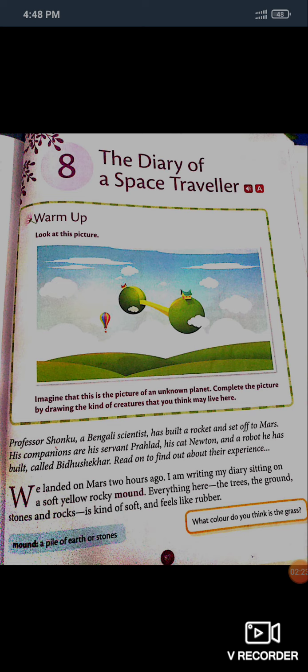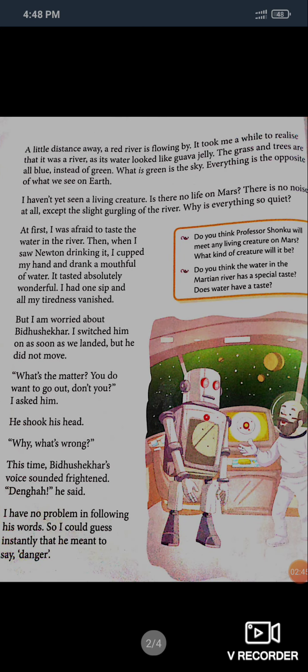Everything here, the trees, the ground, stones and rocks, is kind of soft and feels like rubber. It means just like in our earth, because we live on earth, all these things are very hard, but now on Mars, the trees, the ground, stones, rocks, all are soft and feel like rubber. A little distance away, a red river is flowing by.